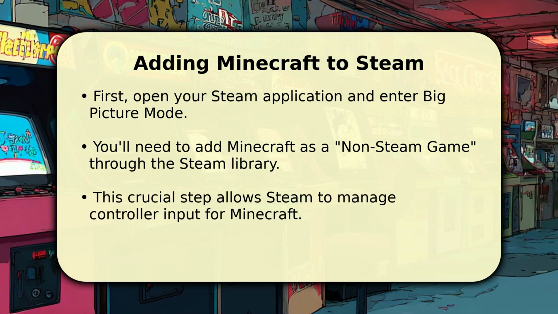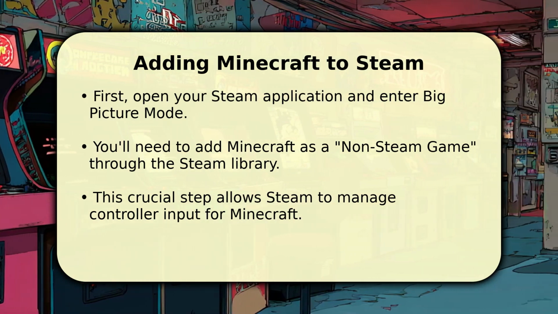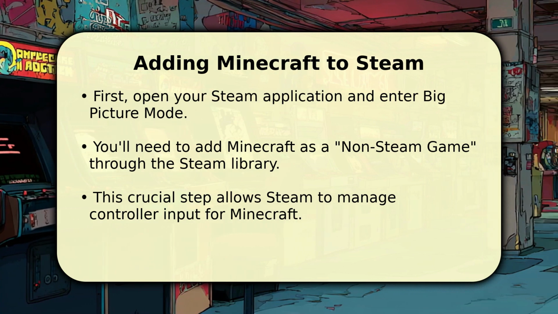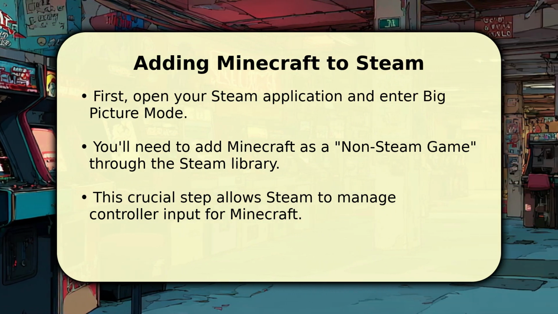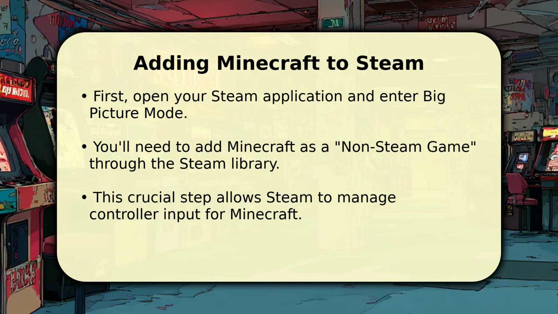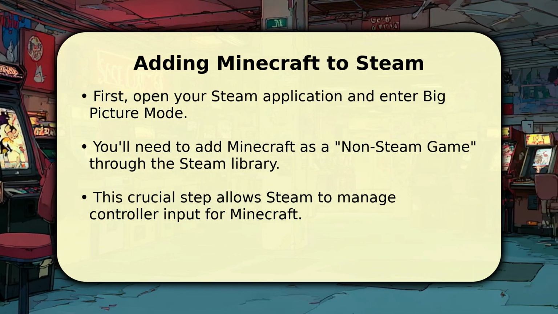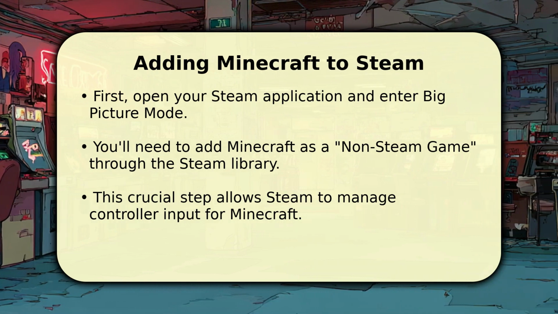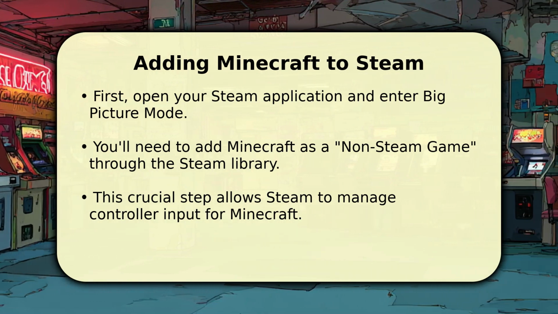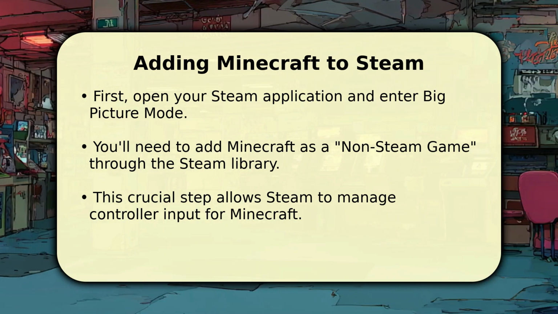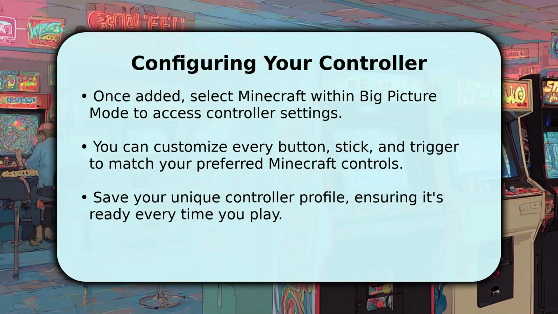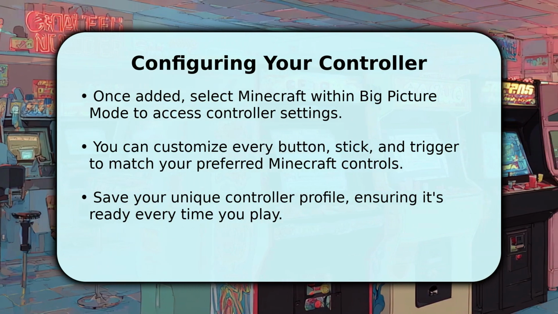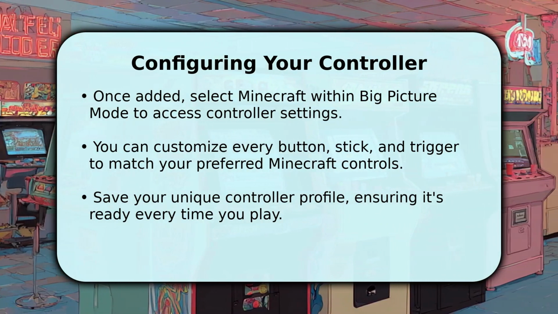Begin by launching your Steam application, then simply head into Big Picture mode, found in the top right corner. From there, navigate to your library and select Add a non-Steam game to my library. Just browse for your Minecraft launcher application, click Add Selected Programs, and you're almost ready to configure your controller for seamless gameplay. With Minecraft now in your Steam library, select it while in Big Picture mode and choose Manage Game,